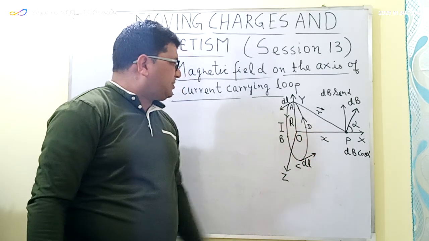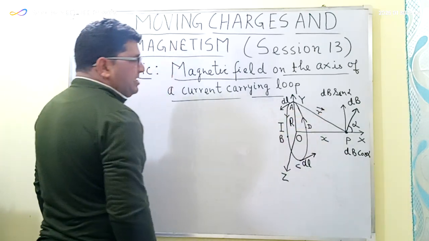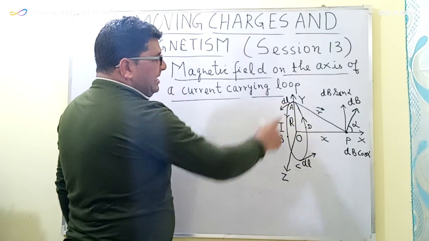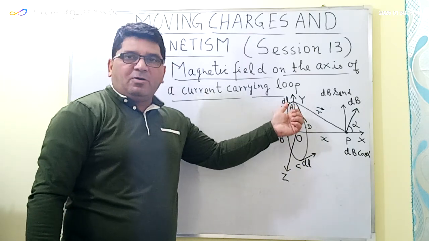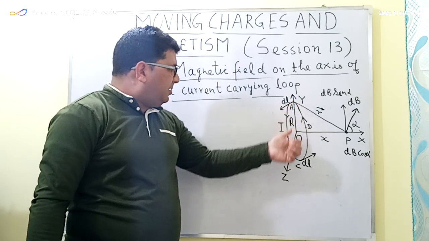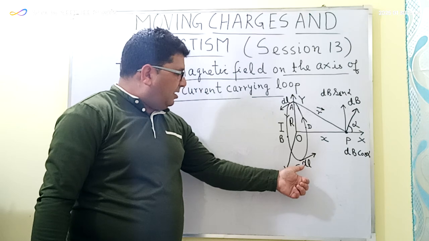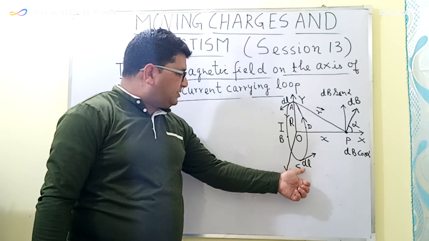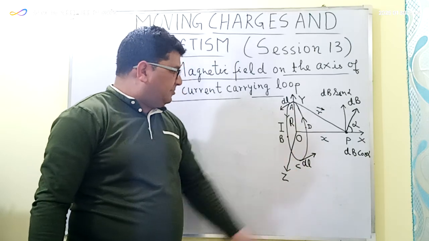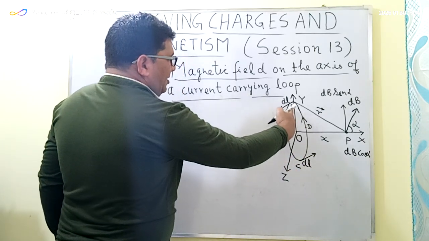The radius of this current carrying loop is capital R. And here this r is the displacement vector of a conducting element of very small length, say dl, which I have considered at this point A, and similarly I have also considered another point C, where there is a very small conducting element of the same length.